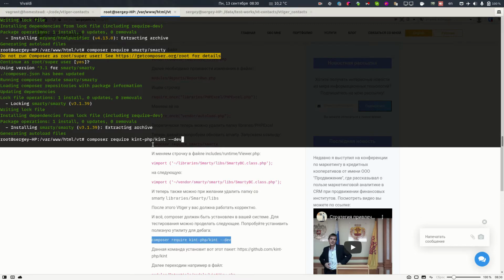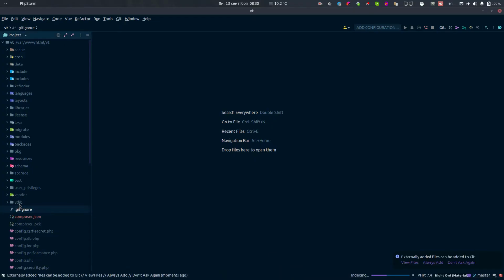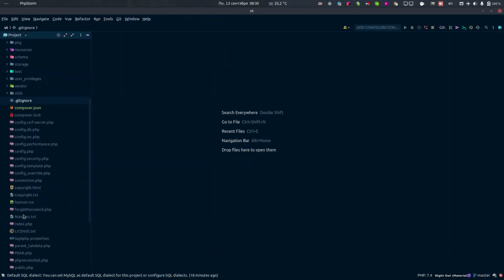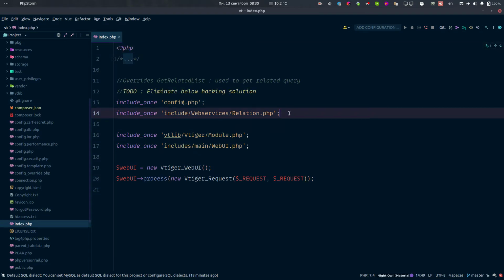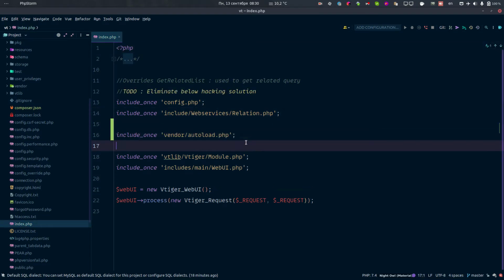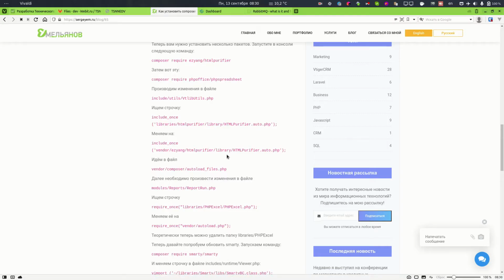Let's install the Kint library. And of course, now we need to connect the autoload file to index.php. And then if you read my article carefully, you can see